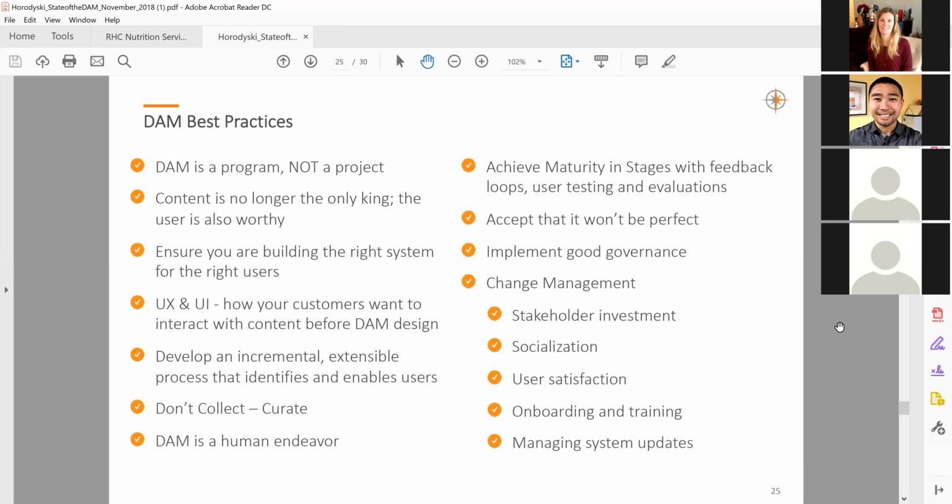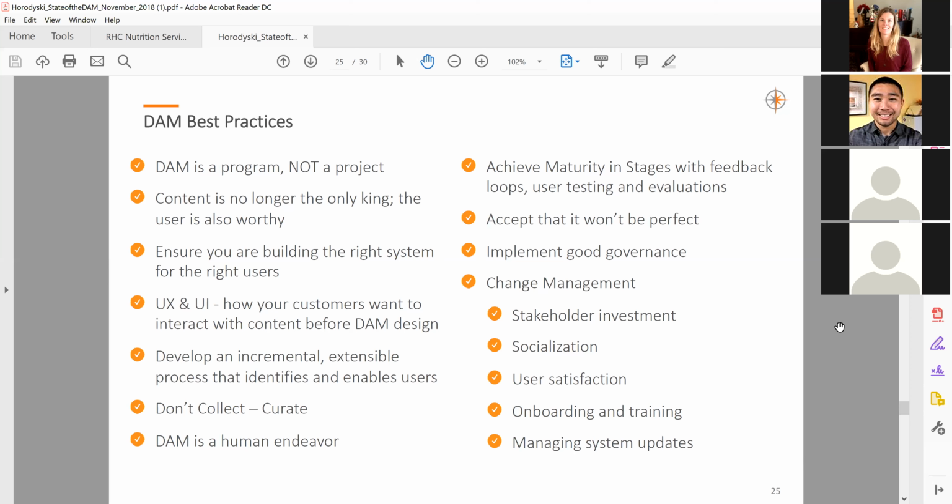And then finally, a big believer in change management. And change management is a good thing, but make sure that you do have an active stakeholder group. You have champions. DAM champions are great in an organization. She or he who signs checks and gives you more staff when you want them. Make sure you're socializing the DAM. You don't just push a button and launch it. You need to socialize it, evangelize it, go sell DAM. One of the best things you could ever do for your DAM is to give it a name. And having done this for 17 years, I've seen the research that has shown that the DAMs that are named do far better.